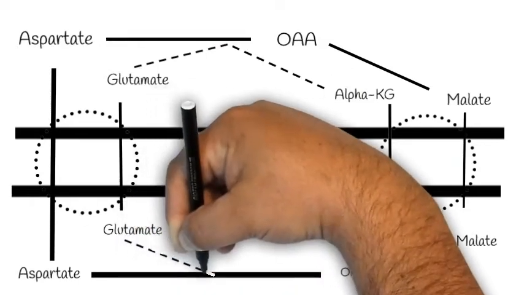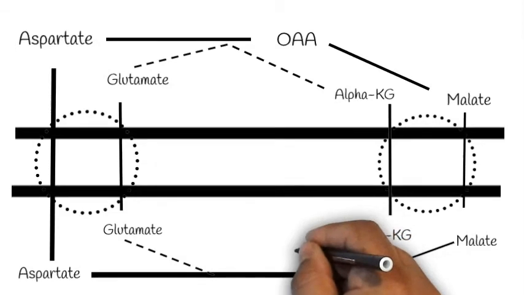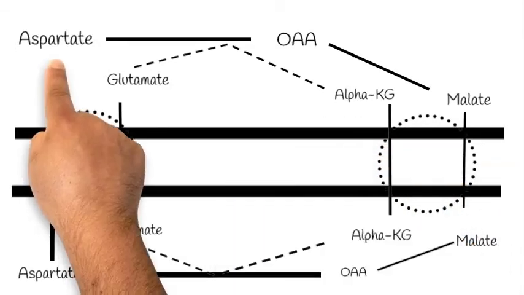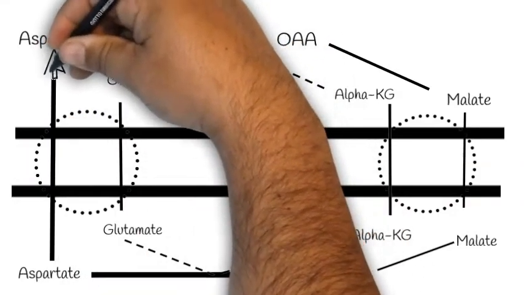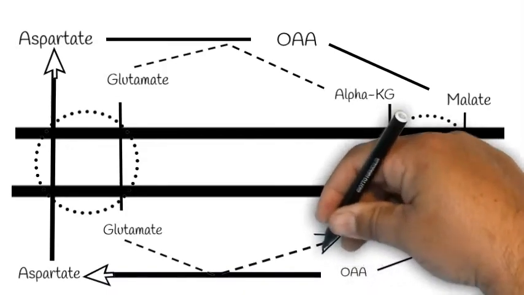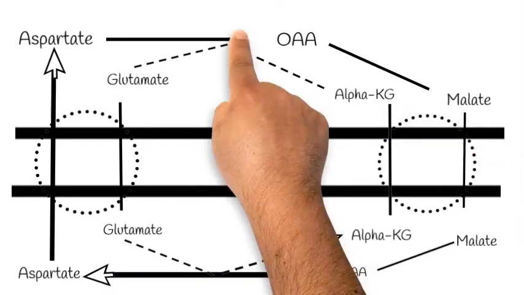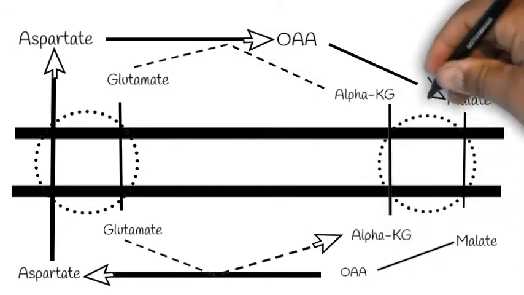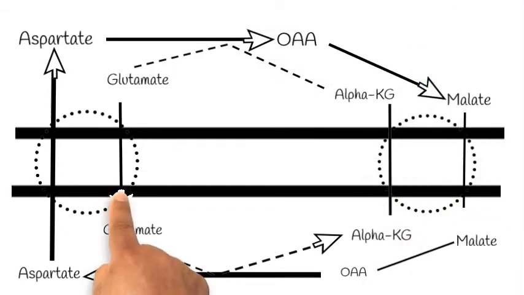And now we have reformed our NADH. The oxaloacetate is converted back to aspartate, and the aspartate can now leave through its transporter. And so essentially what we've done is we've transferred the NADH from glycolysis into the mitochondrial matrix by using this